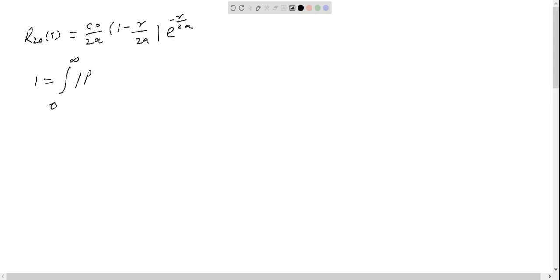Okay, in this question we have to normalize this wave function R_20(r) equal to C_0 out of 2a into 1 minus r out of 2a e raised to the power minus r out of 2a. To normalize this function, we know that we take the integration from 0 to infinity of R_20(r) whole squared times r squared